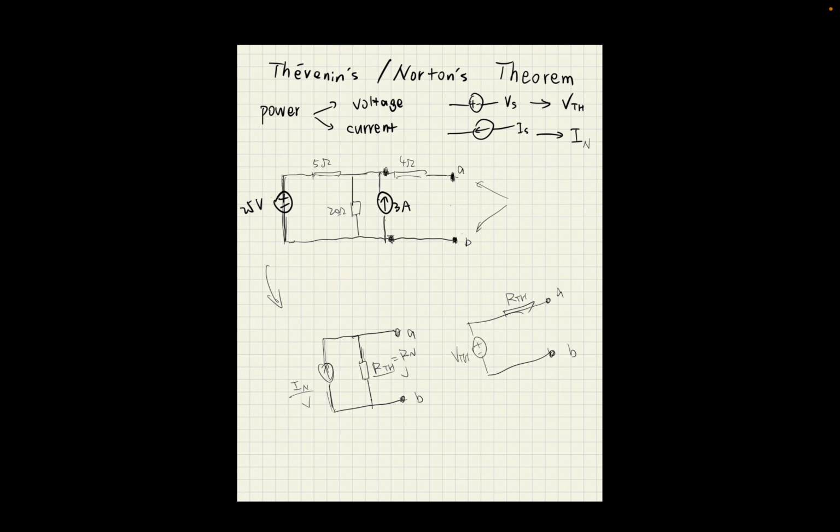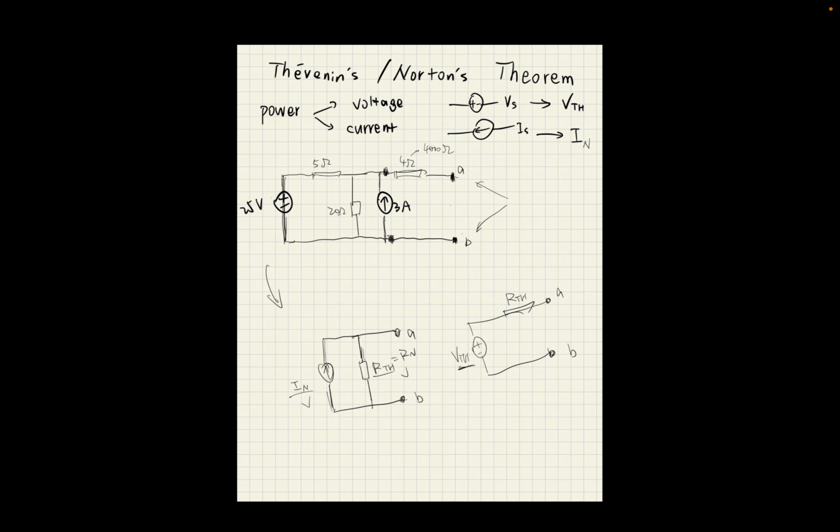So somehow it seems that we ignored the effect of the 4 ohm, because no matter whether it is 4 ohm or 4,000 ohm, it won't affect the voltage between these two points. Thus, it won't affect the voltage of VTH, but